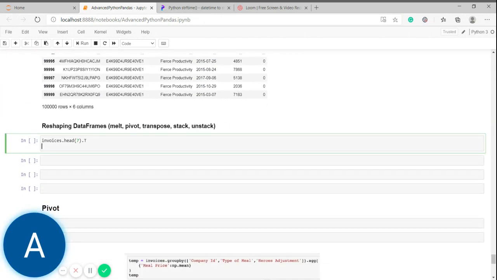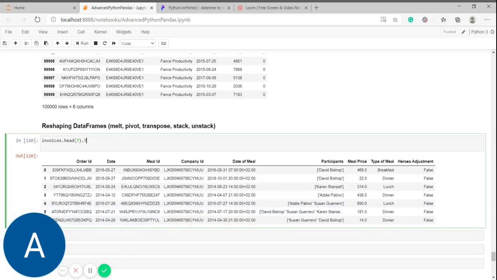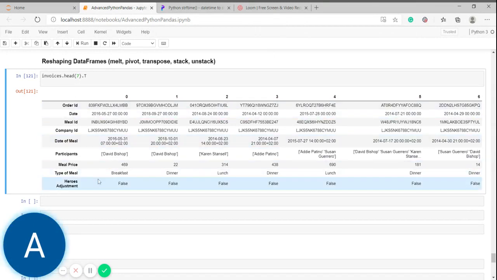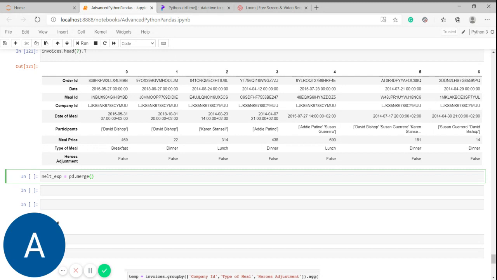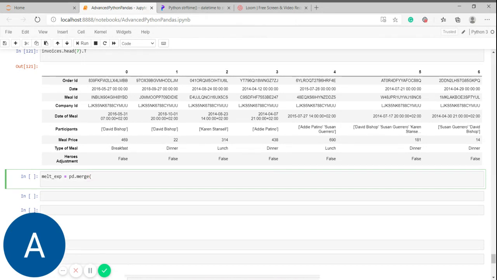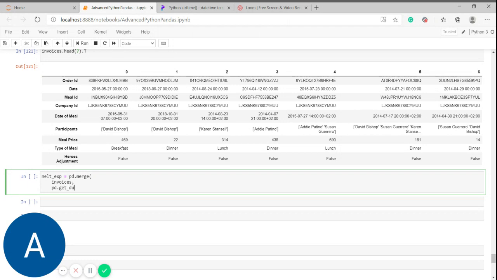Now I'm going to show you how we transpose my data frame simply by using the T. Simply the transpose. Now I'm going to show you how the melt works. So just bear with me. I'm going to show you what I'm doing. For instance,